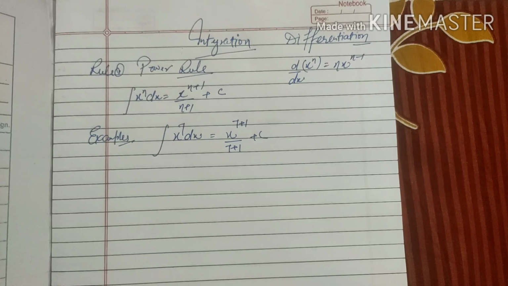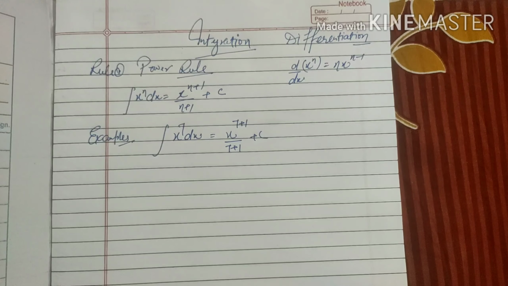Another example we are taking here. Suppose we are given (5 minus 3x) raised to power 7. According to the rule, power increased by 1 means 8, divided by 8, and the derivative of the base: the derivative of 5 becomes 0, the derivative of 3x becomes 3 but with sign minus, so minus 3, plus c. Overall we get (5 minus 3x) raised to power 8, downside becomes minus 24, the minus comes forward, plus c. This is rule number 2.